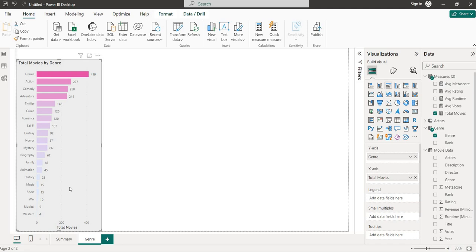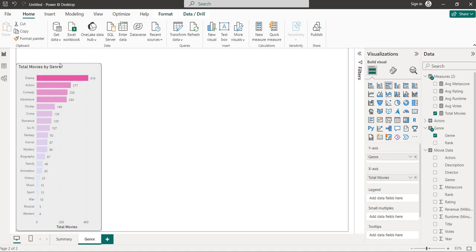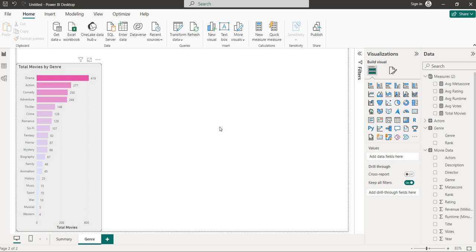Let's see what the rating is for a specific genre. Suppose these directors or producers are making specific movies more, meaning more people are watching such type of movies, that's why they are making them. Drama, 419 movies, means people like drama movies, that's why they are making them. It's some marketing: whatever people like, they will make, so that they get more benefit from that movie. So let's see the rating.